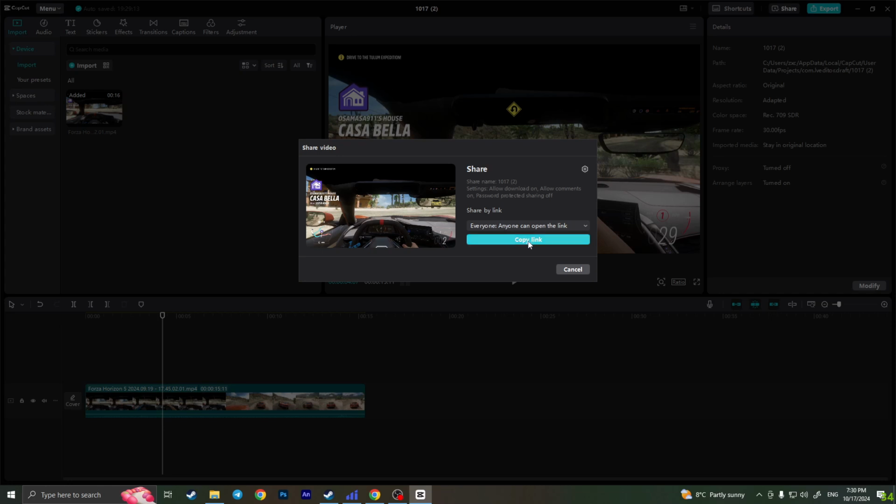If we copy this link by clicking on this button, it says everyone with the link can open this project. We can change these settings. We can change it to only members of the space can open the link, but I will just simply choose everyone, so anyone can open the link. Simply copy the link and send it to the person you want to share a project with. And basically that is it. That is how you can share a project on